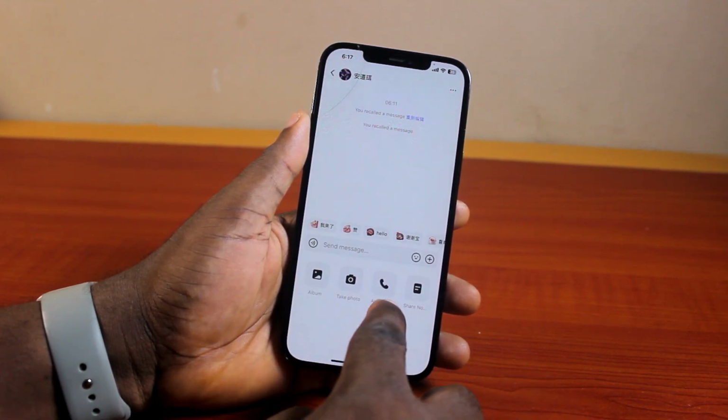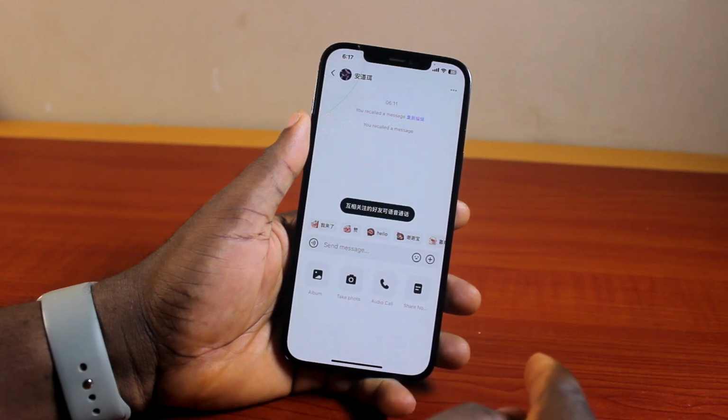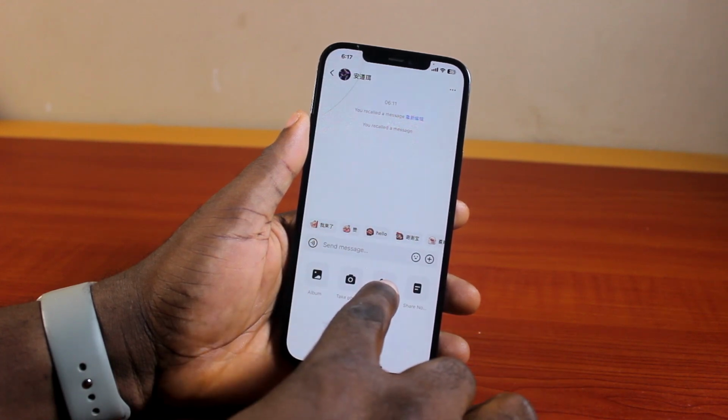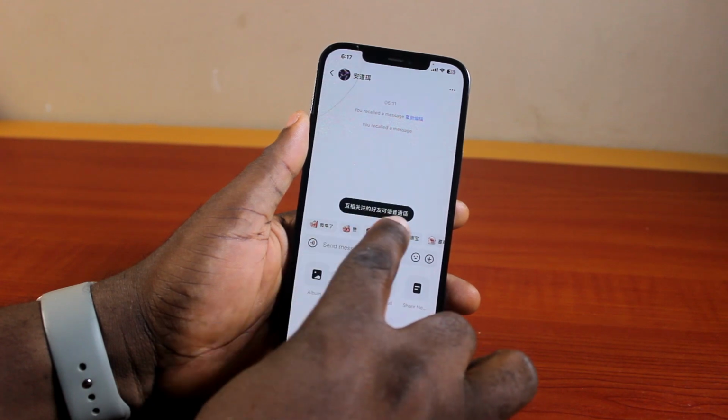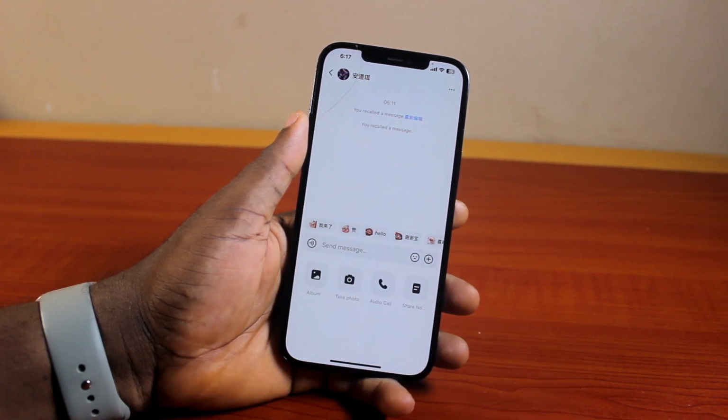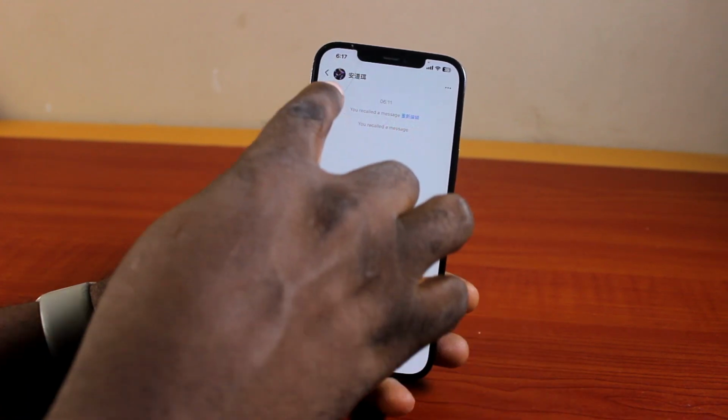Then locate and click on audio call. Click on that. Then you should see if you're able to make an audio call or not, and then you are good to go. So just click on audio call and the audio call will be put through to this particular person. So that's exactly how to make a voice call or audio